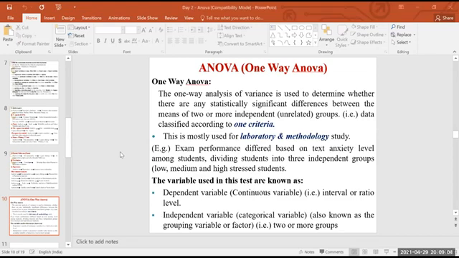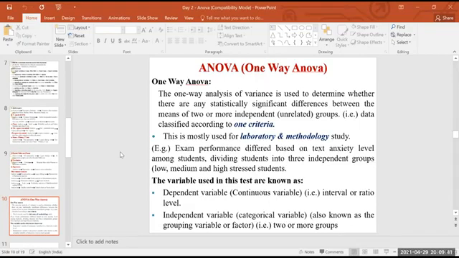So when you're using ANOVA, there should be one dependent variable and one independent variable. Dependent variable, in the same example of the performance of the students, is the marks of the student. So you may collect the students' marks. For example, if you're collecting marks from 100 students, either you can type all the 100 marks individually, or you can make it an interval, like those who got marks from 30 to 40, those who got marks from 40 to 50. That should be a dependent variable, which is also called a continuous variable.